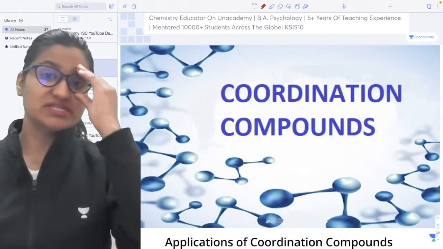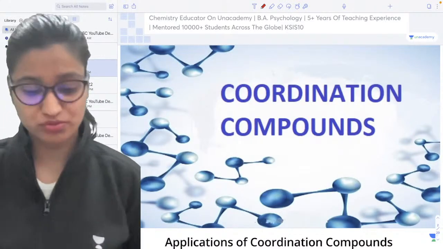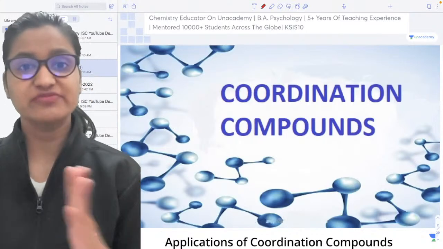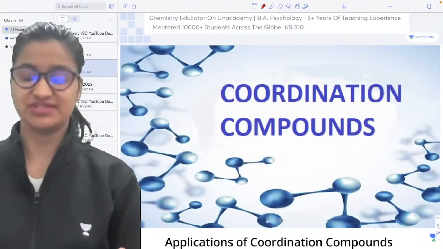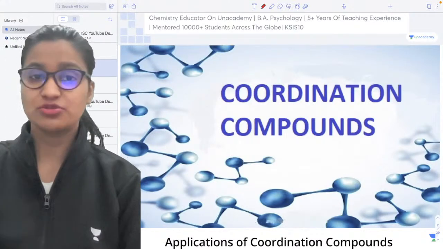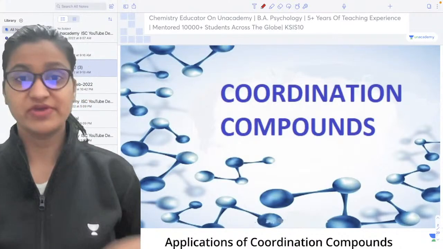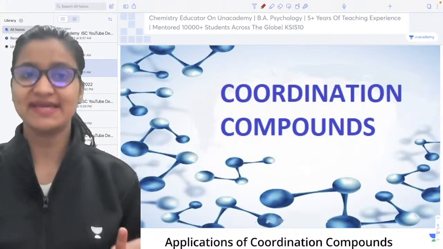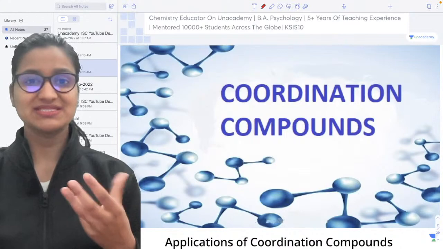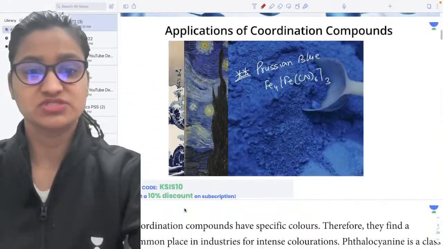As you know already, we always start the chapter with the applications, right? Whichever concept we are studying, whether it's physics, chemistry, maths, biology, you must know where that concept is used, or where we are using that chapter. Only then is it of important use. So this is something very important. So let's start with the coordination compounds key